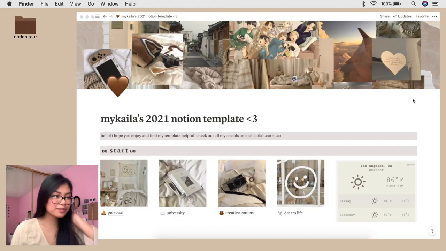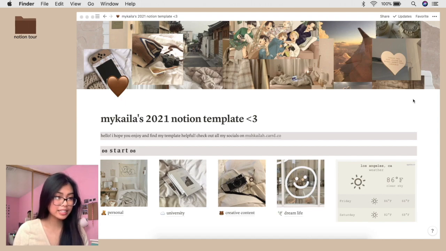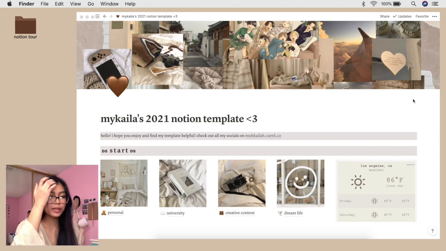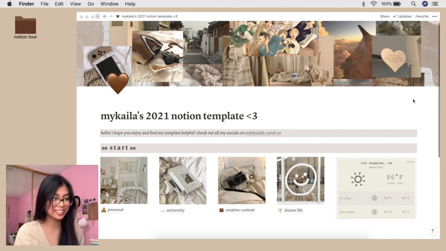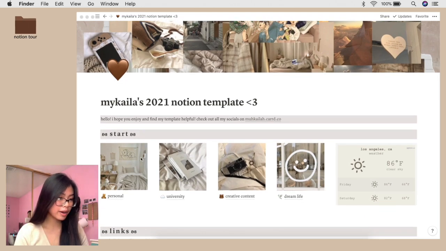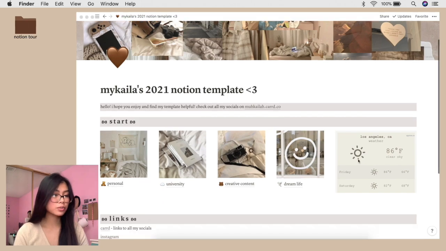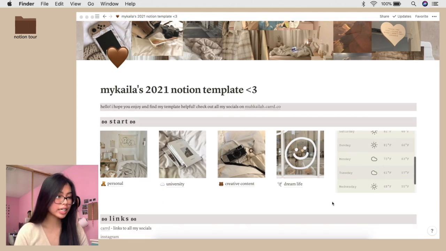But this is my Notion homepage. For my cover, I just decided to make this little mood board kind of for 2021. Honestly, I just put a bunch of pictures that I really liked and called it a day. So here I have my 4 different sections: my personal, university, creative content, and dream life. And I'm going to go into each individual, but I also have my weather here, and then I have links